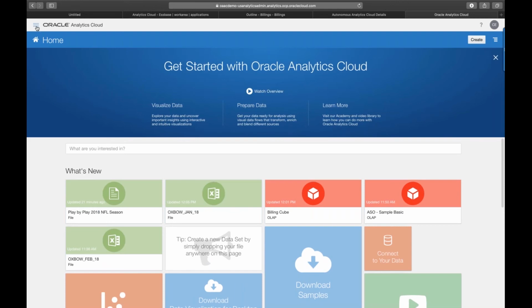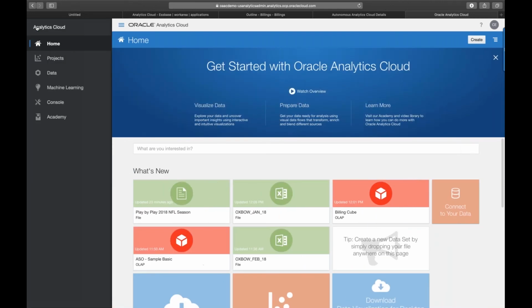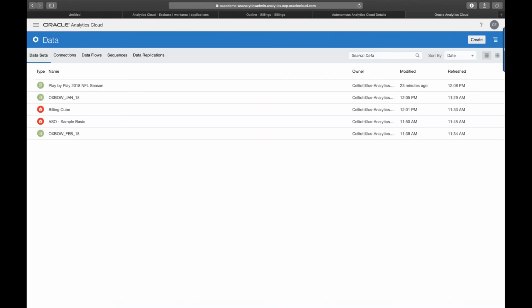To understand more about what connections exist and all that sort of stuff, I'm going to go to the top left-hand corner here, and I'm just going to click on the data tab. If you think about it from an admin perspective, it's where you go to make all of your data connections, where you enter your credentials to connect to things like your Essbase server or your data warehouse. And then on the data